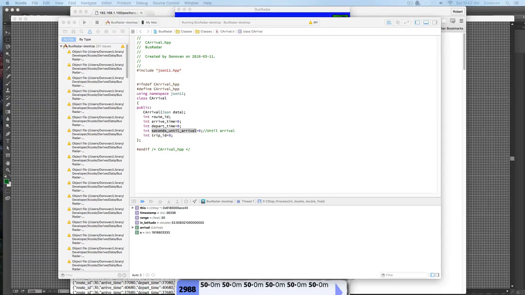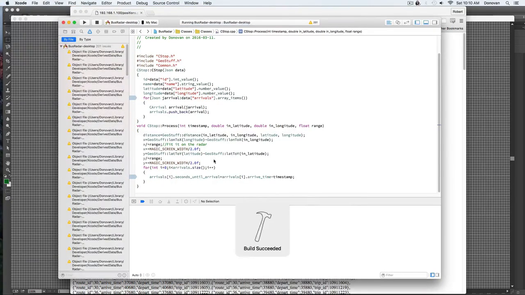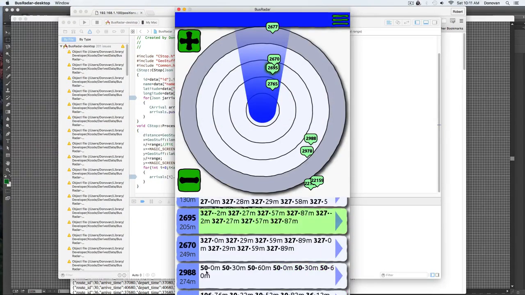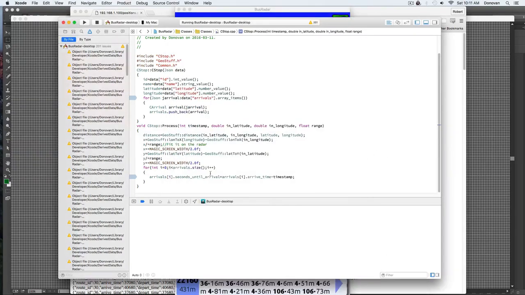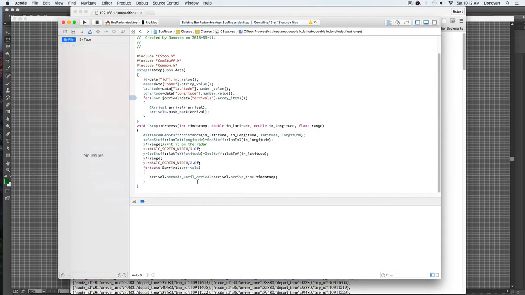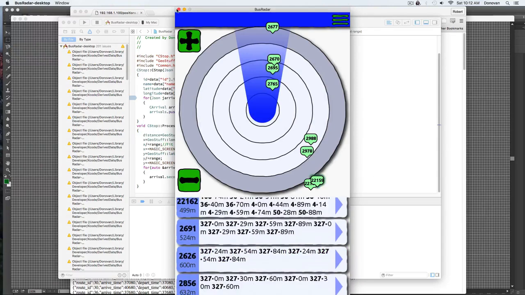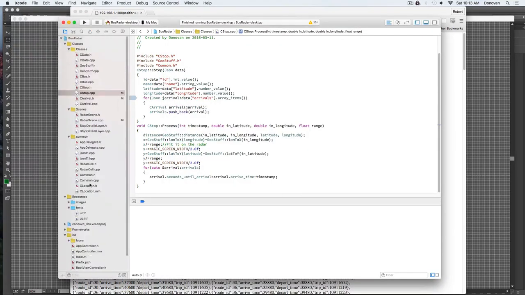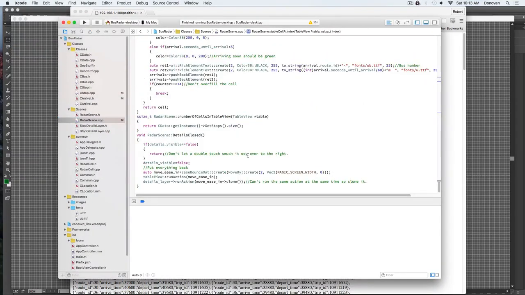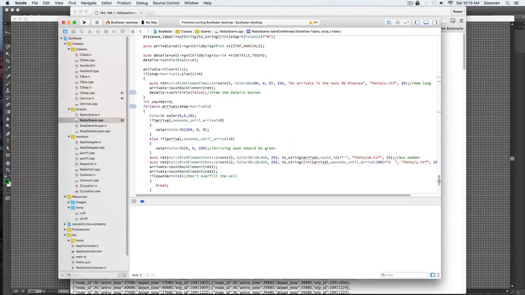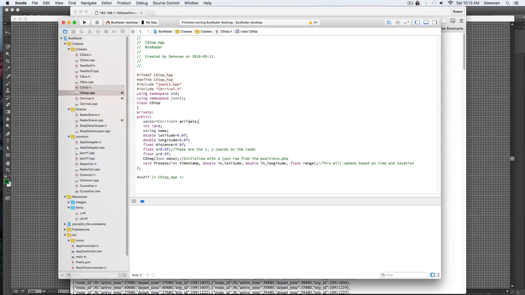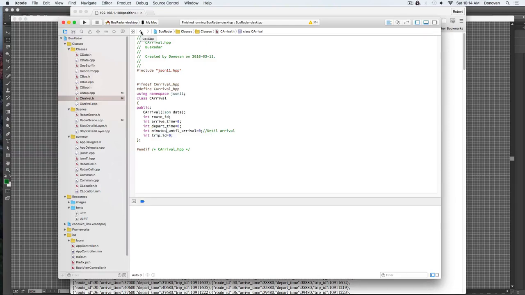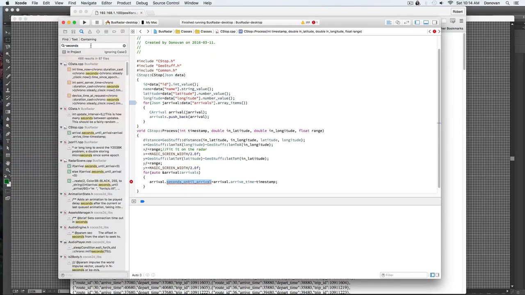And we're also going to need to change this to minutes, because everything's about minutes. We're never going to tell the user how many seconds it is till they arrive. That'd be a little too specific. So that way we have so many minutes till arrival, and then we're going to start arranging it so that the color of an arrival is